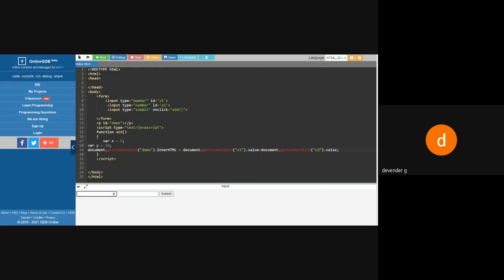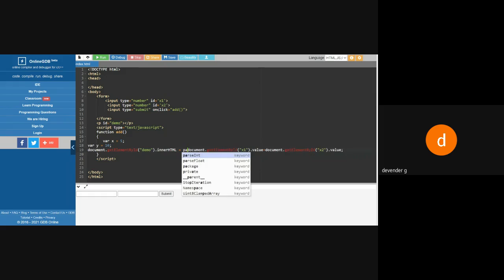Because we are learning a lot of programs, sometimes it will be like this only. Yeah, we got it, but it is printing the same numbers, so it's not doing the addition. See, 12 12 it is getting. That is the problem. It should be converted to numbers. If it is normal, it will be calculated, but because it's a text box, though you are entering a number, it is not taken as one. So it should be converted, compulsorily with parseInt.